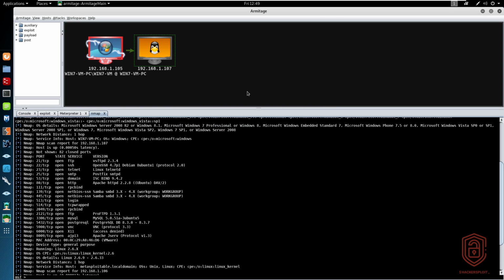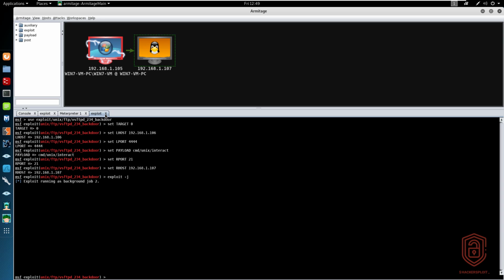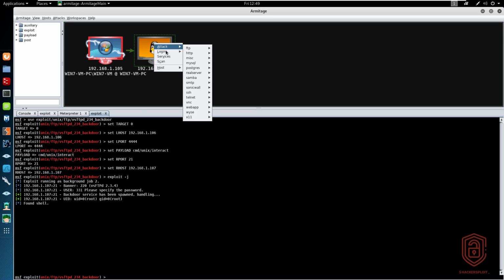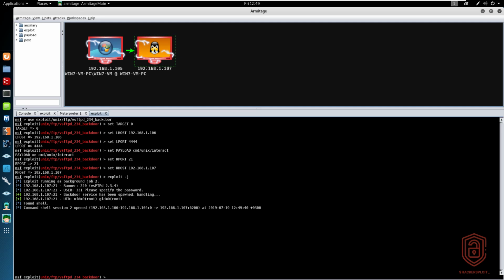All right, and we'll wait for that to launch, give it a few seconds, and we can close this nmap session right over here. For some reason it doesn't want to close. There we are. All right, and the exploit begins, and there we are. We're able to get a shell on it. So if we right click right over here, you can see that it is now compromised, and you get this little lightning around the target,